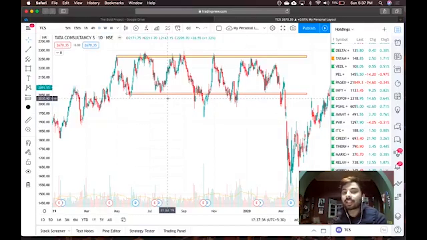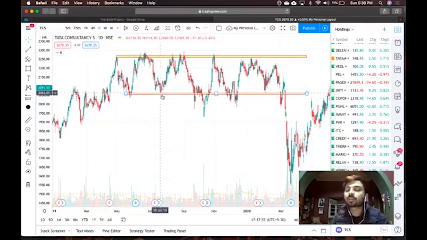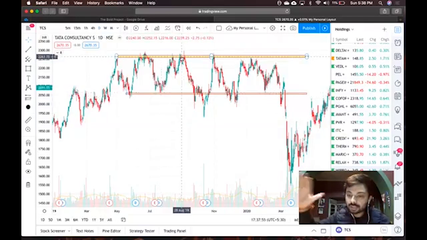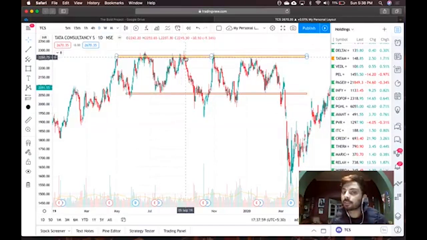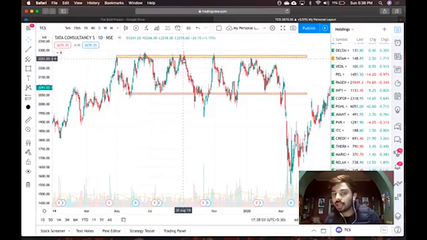If you are not deciding a target, what you are basically doing is just sitting in the market and letting God decide whether you make money or not. That's not the case. You need to be very disciplined in your approach. You need to come into the market and say, okay, if I'm buying at 2050, my strict target is 2250. That's all. If it goes above that, no worries. I am okay with it. I will book my profits here. If it does not reach here, I will wait for the profit to be triggered, but I will not sell it here.